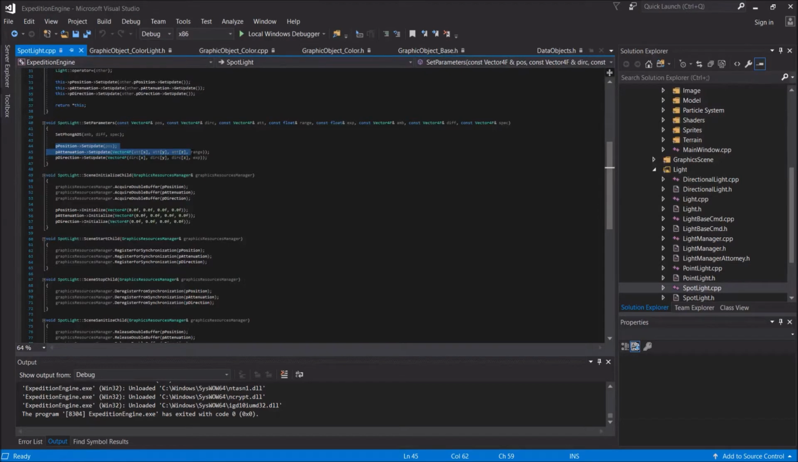The draw thread is completely abstracted from the user, so they have no access to that thread. So when they set the parameters, they set the position update and then they set the attenuation, but the Z component is the range. And then here you see the direction. The Z component is the spot exponent. And that allows us to